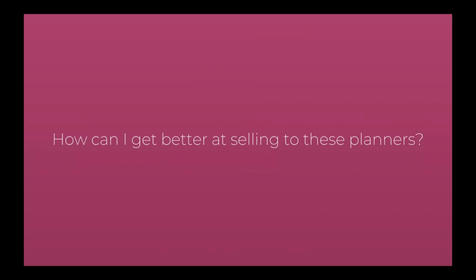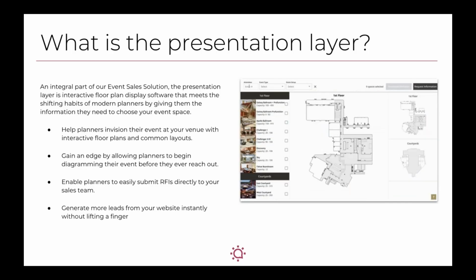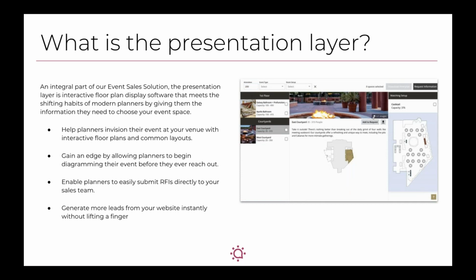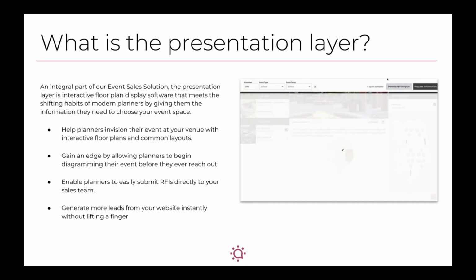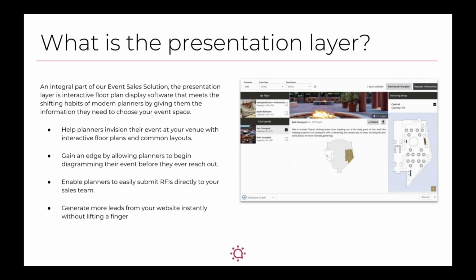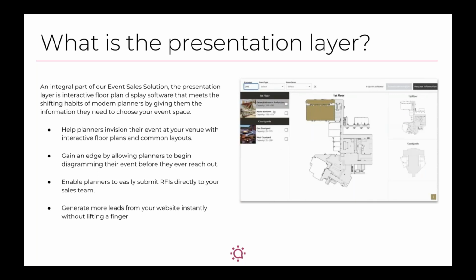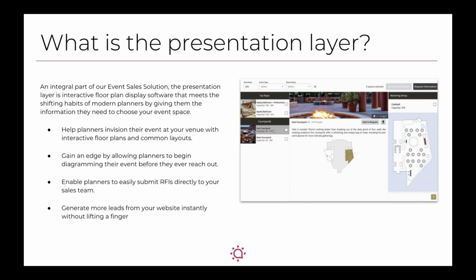So, as a venue or as a hotel, what can you do to get better at selling to these planners? Well, an integral part of our event sales solution is what we call the presentation layer of Social Tables. I know I'm looking at the names and email handles on the attendee list right now, and I'm seeing some customers. So you may be familiar with some of the images you're seeing on the GIF that is playing on the right-hand side. The presentation layer is basically the best of Social Tables diagram, married with a few pieces